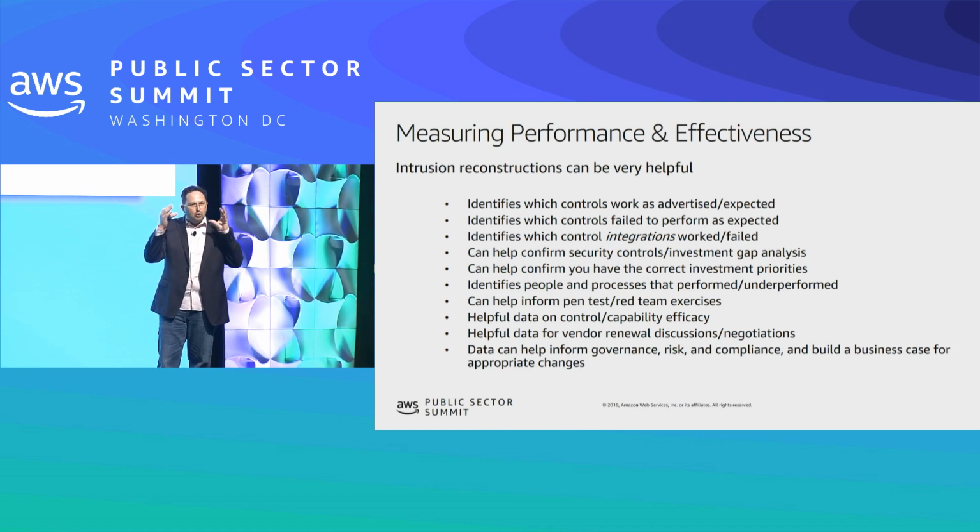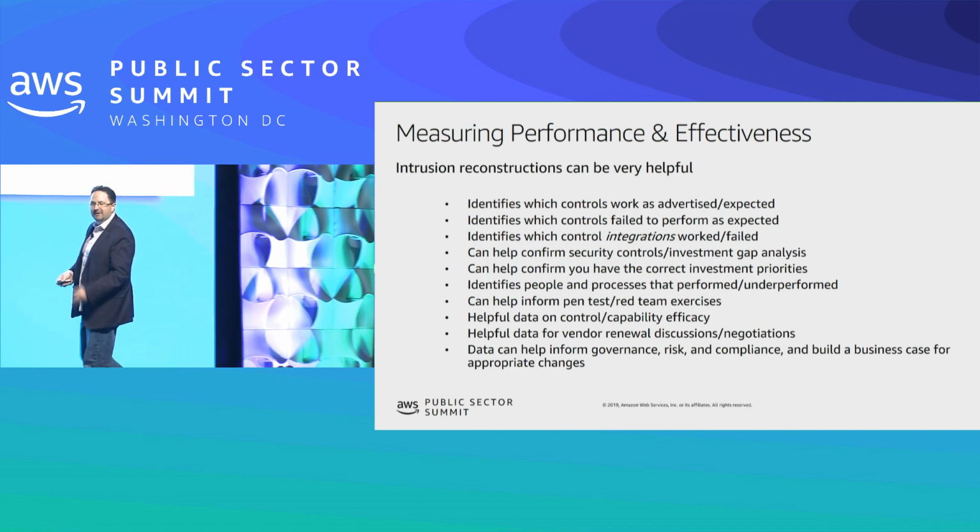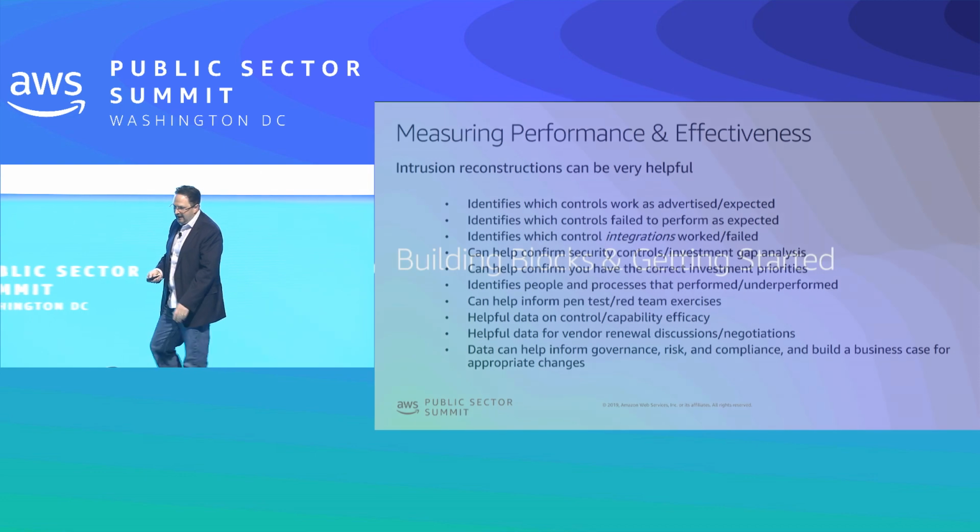You can then look at where the gaps are in your strategy, and you can tell the board and the C-suite, look, we know we have a gap in exploitation because the last 5 intrusion attempts, the bad guys got right to that point. So we need that extra budget in order to invest in that gap. And that's the kind of data that boards and C-suite people pay attention to because it's data driven.